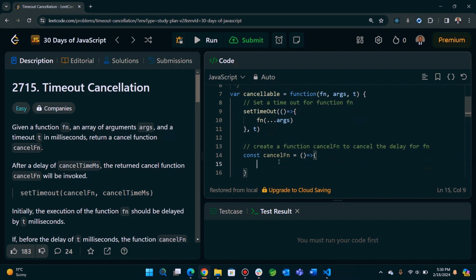which will be equal. So in order to cancel a timeout, we need to clear the timeout. Now we are going to have clearTimeout here. And what we need to clear is this timeout right here. But we cannot just clear it this way, so we need to make sure that this part is a variable that we are going to pass inside this predefined function in order to clear this timeout. So we can call it constant,